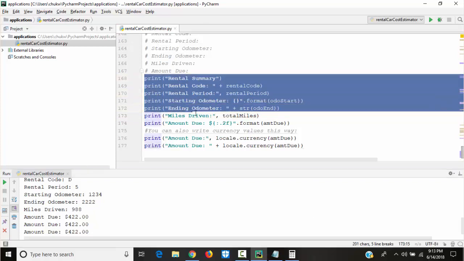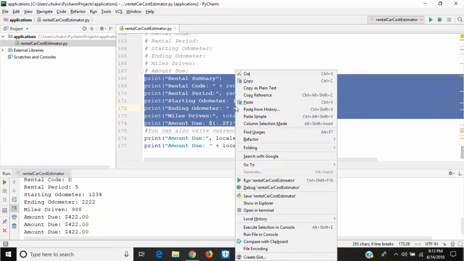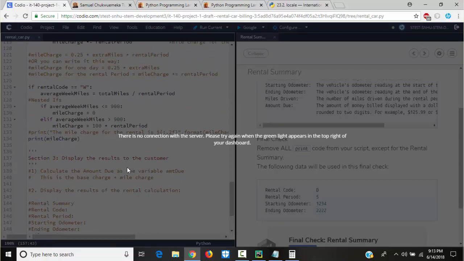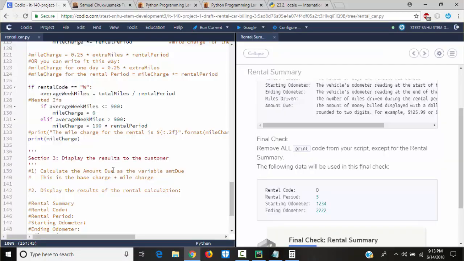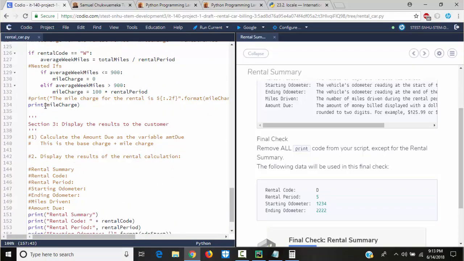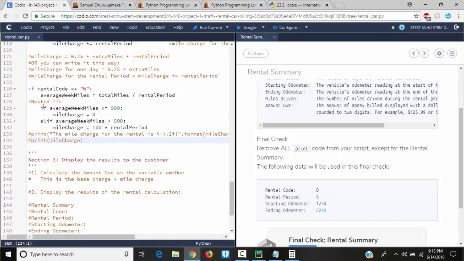So I'm gonna just copy this right now here. Copy. And I'm gonna come here and I will paste it. And then I'm gonna remove all other prints. Okay, I hope. I'm gonna remove, well, I'm gonna comment it. I won't remove it, I'll comment all prints.